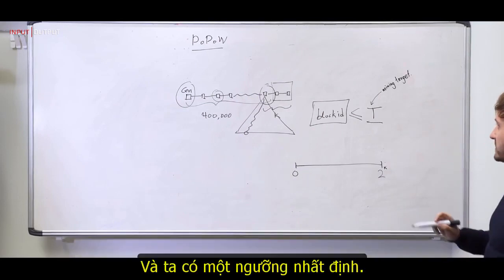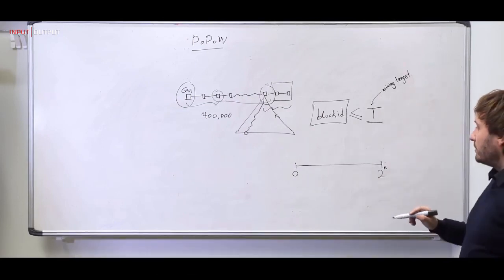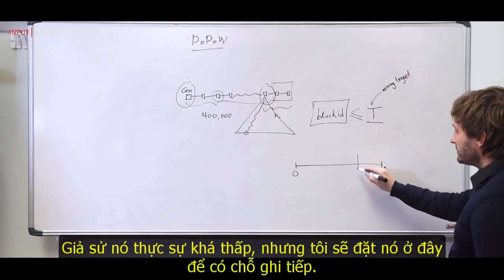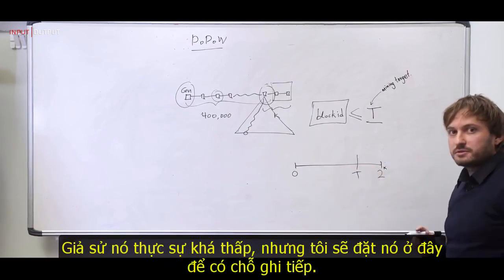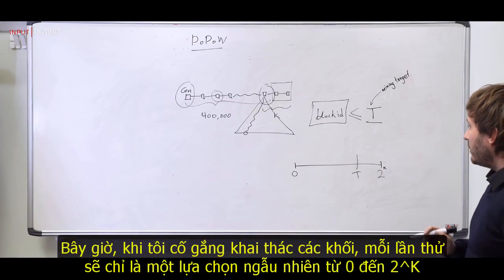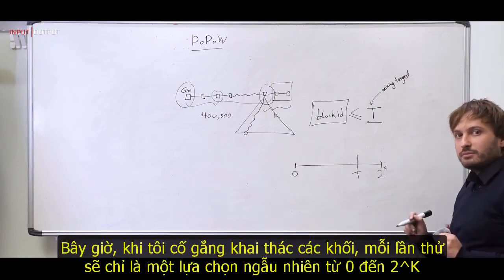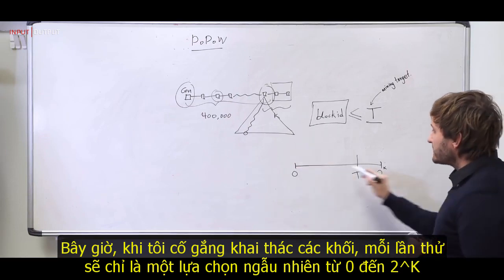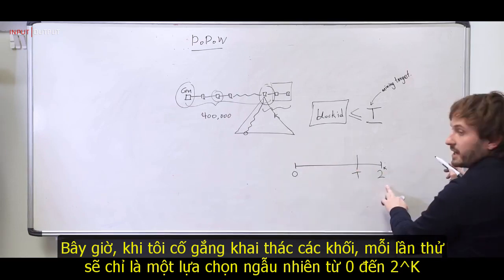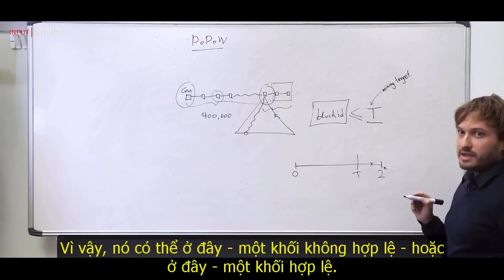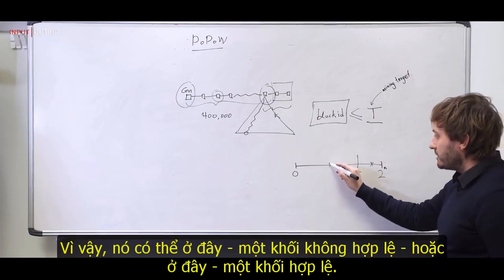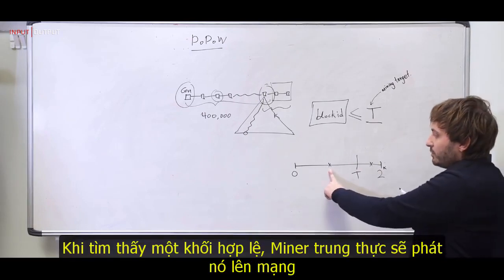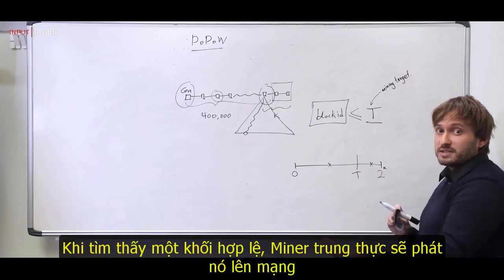Okay, and then there is a certain threshold. Let's say it's actually quite low, but I will put it here just for having some space. Now, when I attempt to mine blocks, each attempt will just be a random selection of numbers from 0 to 2 to the kappa. So it could end up here, which is an invalid block, or it could end up here, which is a valid block. Now, whenever I find a valid block, as an honest miner, I will broadcast it to the network,